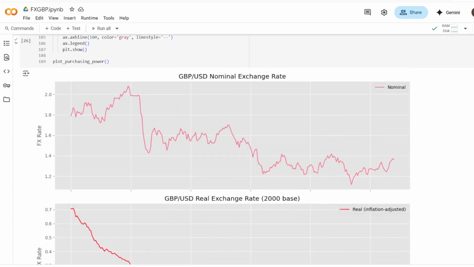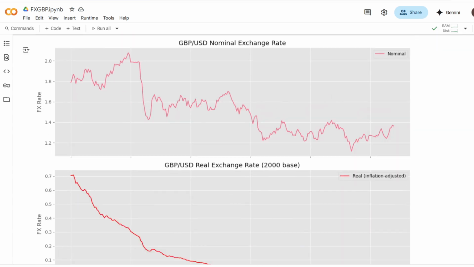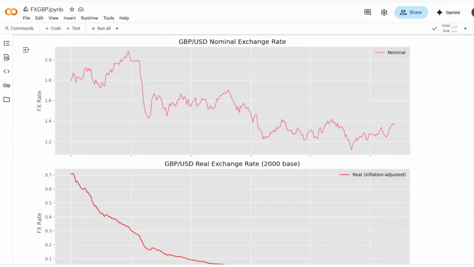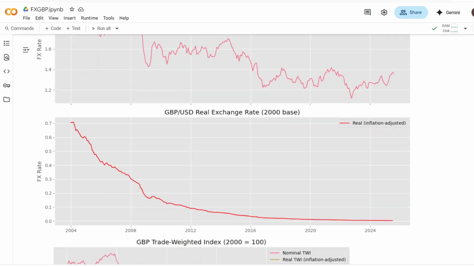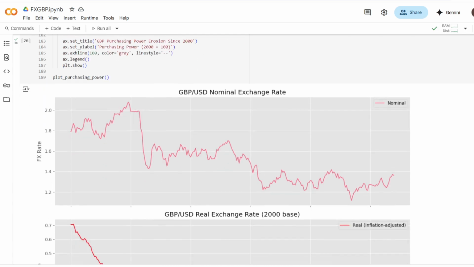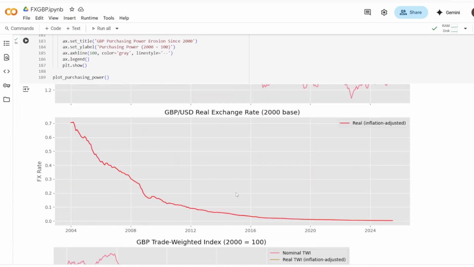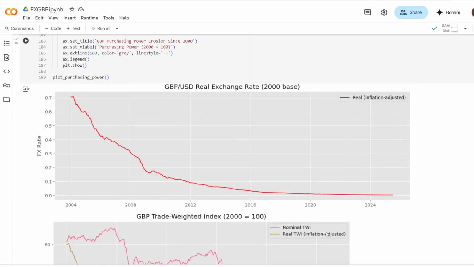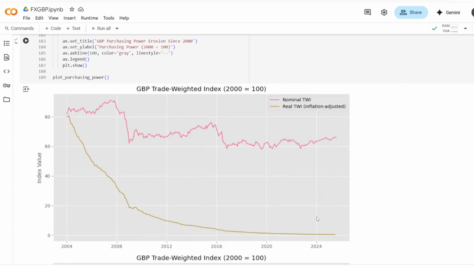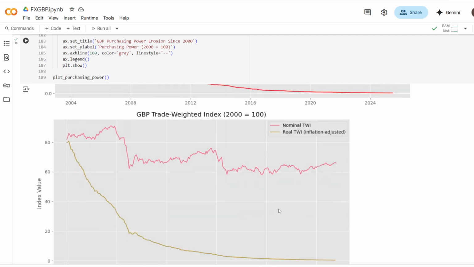Now, the other side of the coin is that currencies, money, tend to depreciate. The chart here is by no means a precise representation, because the pound goes back to 1900, so it doesn't start in 2004. But basically, what you have is that tendentially, here, for example, the nominal trade